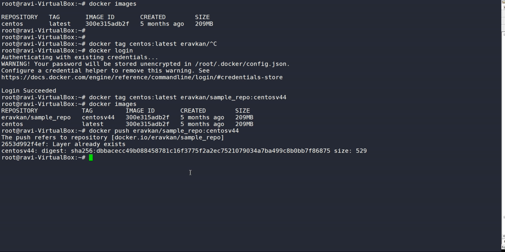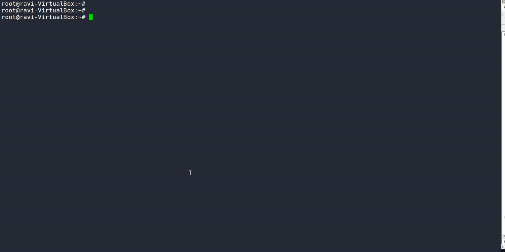So what is the advantage of the Docker repository? Suppose you have MySQL 5.6, and you used commits 1, 2, 3, 4, 5, 6 in making this image. And then I have MySQL 5.7, made using this base image, and it has commits 1, 2, 3, 4, 5, 6, 7, 8.